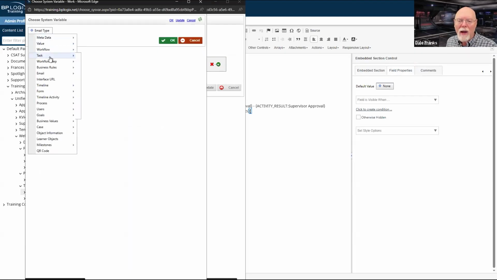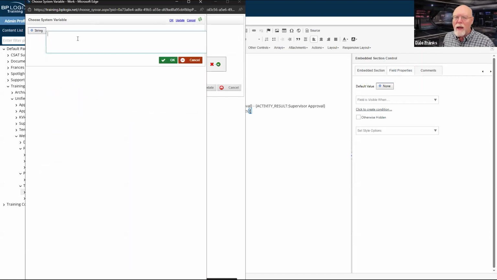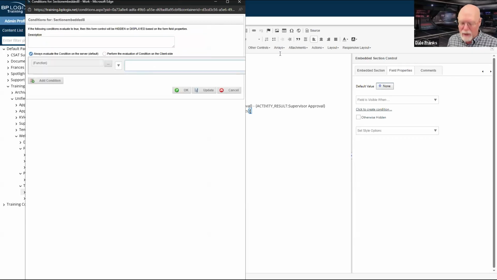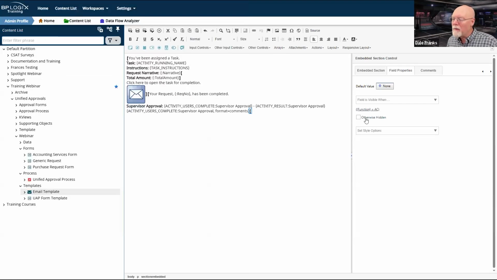Now we're going to have to evaluate some fields. So once again, that means we have to use a system variable. Every request is going to have a function and a process field. So in this case, I have the function field, and I want the function to equal AC. That is accounting. So my function equals AC.